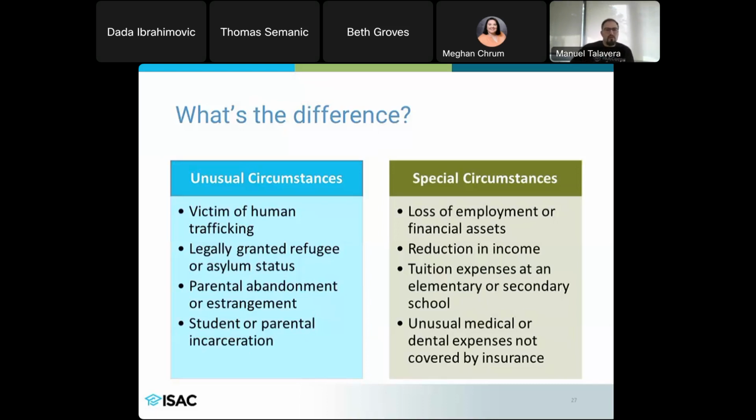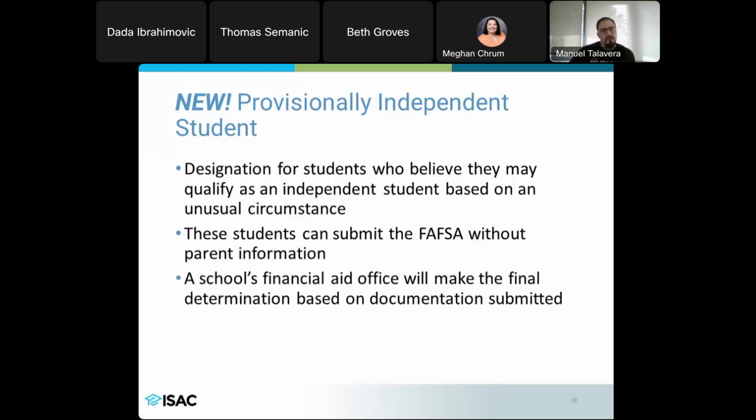So a student who cannot answer yes to any of the dependency questions is essentially a dependent student. And if they can't, then they have to provide information on their parents. But what's new is you could have students who aren't able to answer yes to those questions, but still can't provide information on their parents, because they can be considered a provisionally independent student.